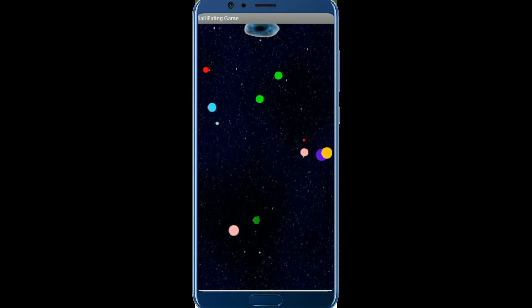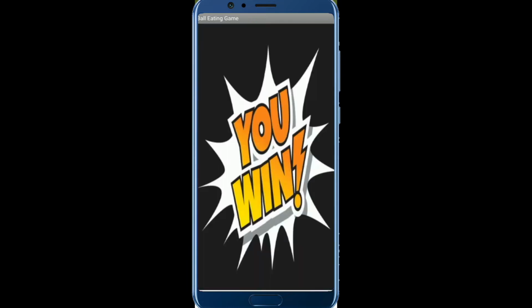And at the top you can see the black hole. Whenever you go in here, you go to another parallel universe. What we need to do is make sure our ball size is more than 20, meaning the ball radius should be 20. So we have to eat a lot more balls, and more balls like this. I think it's enough. Let me go to the black hole and try. No, it's still not enough, I have to eat more. Let's eat more balls, and your ball gets bigger and bigger. Let's try again. See, you win.